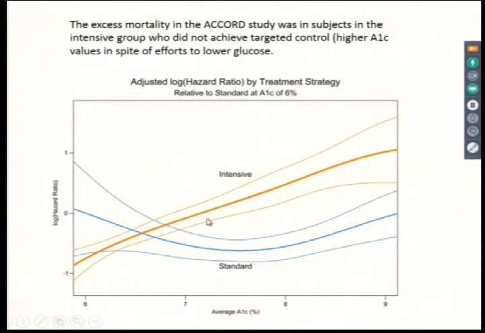So what this says is that the mortality, this is the risk of mortality, occurred in the intensive patients that did not achieve control. So what was the difference if you're here or here? You're at the same A1C. Well, the difference here is if you had an A1C of 7.5 in the intensive group, you were told to take insulin, take multiple doses, or it's probably more variation in the glucose, and perhaps patients vary. They might not have been motivated as much. So all these factors may have translated maybe to decreased motivation to do other things to prevent vascular disease. We don't really have all those answers, but the intensive patients under good control did not have an increase in